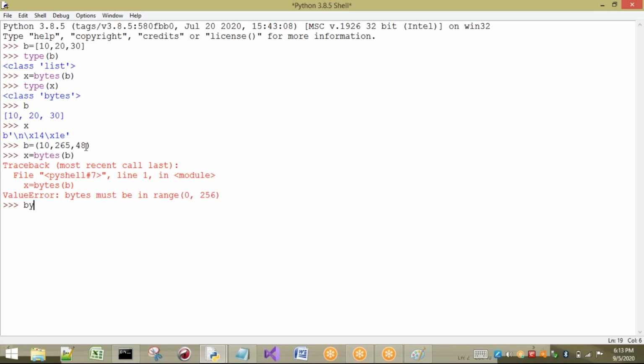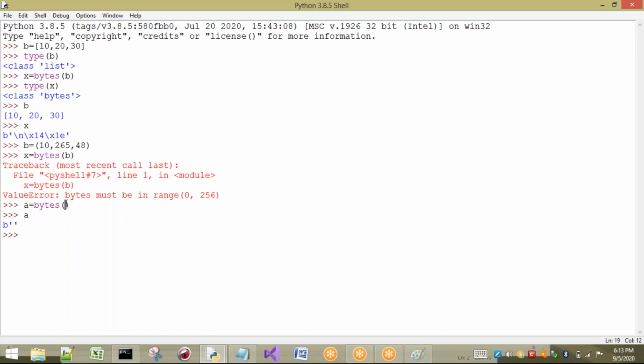Next, I will try to store a equal to bytes of empty. If I print a, it is nothing but empty. Whatever we store, you can observe clearly, there is a b in front of the values. b represents bytes.